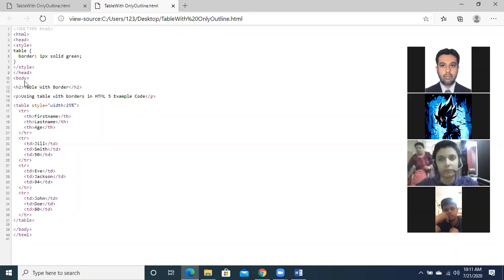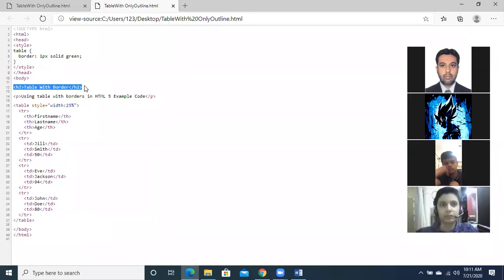These could be applied anywhere in any HTML document, just like in the last chapter where we applied headings. So you can write any heading. Afterwards, I have written one line using table with borders in HTML5 example code, and I have applied P for the paragraph. I am writing some detail over here.